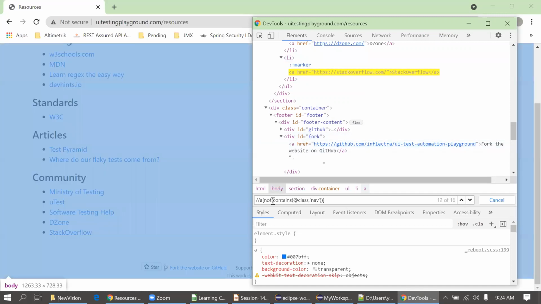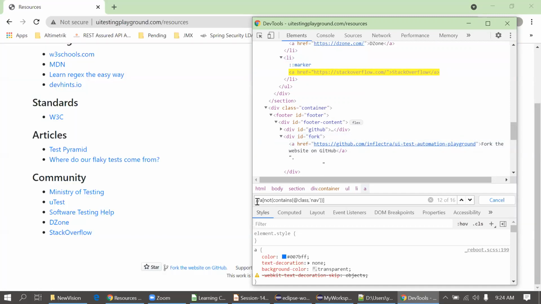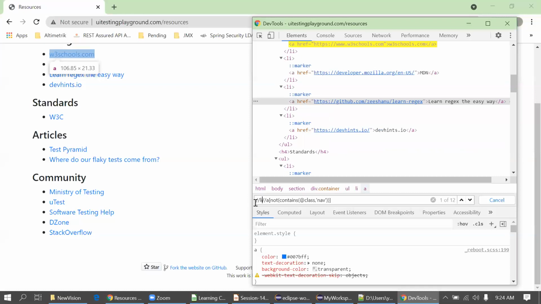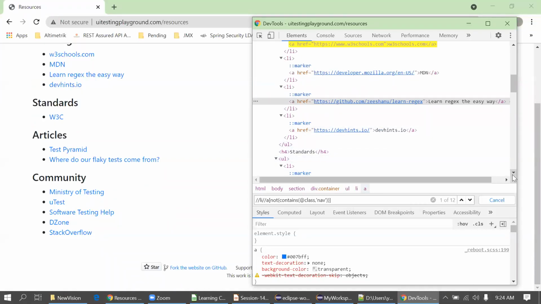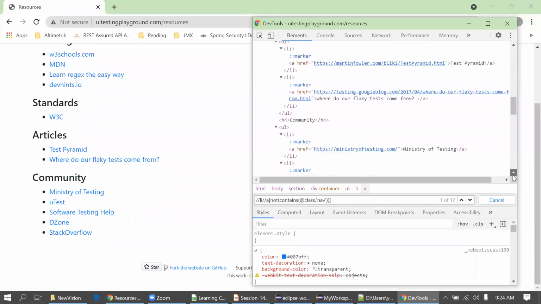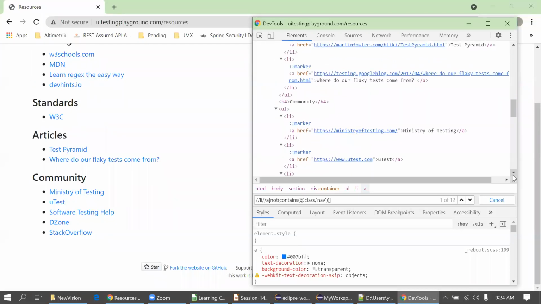If you put the div at the starting, we will get all the links which are the 4 below. But we want the links which are present with the li tag. So I will put the li at the start. Now I'm getting 12. That is expected. So you have to observe the DOM structure, and based on that you can write the XPath.